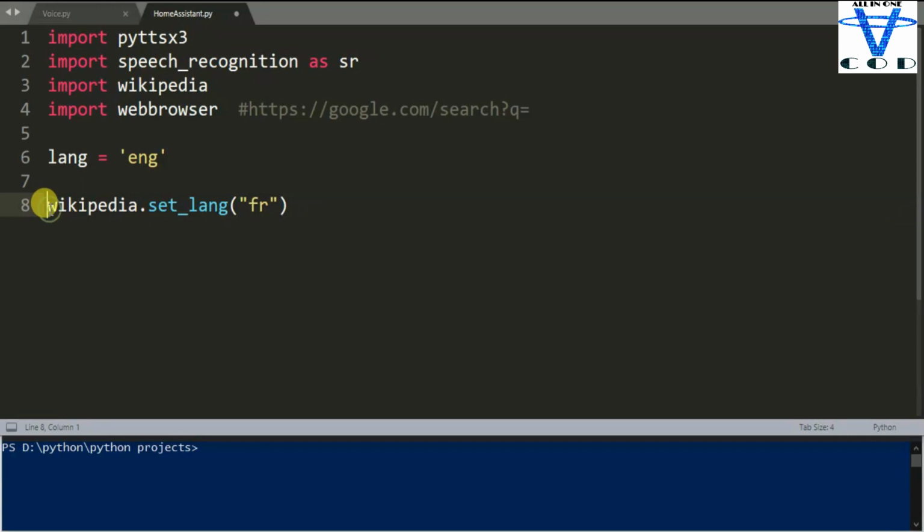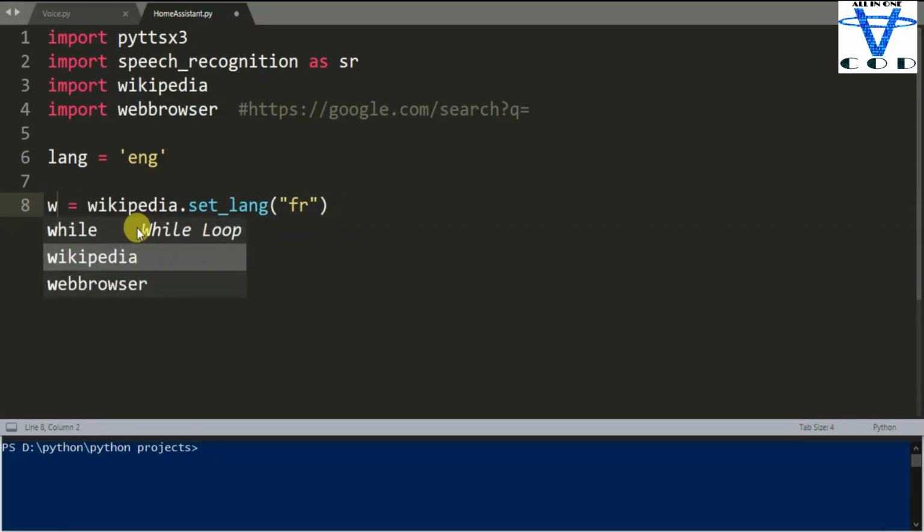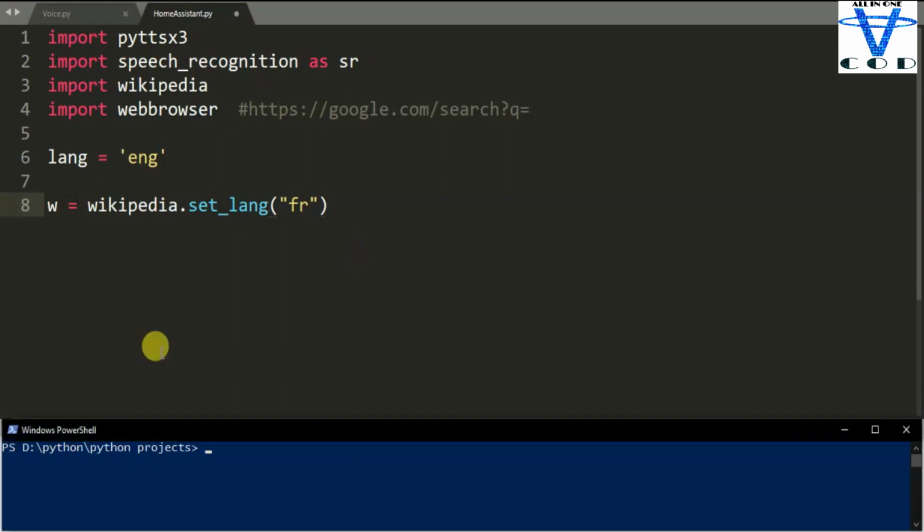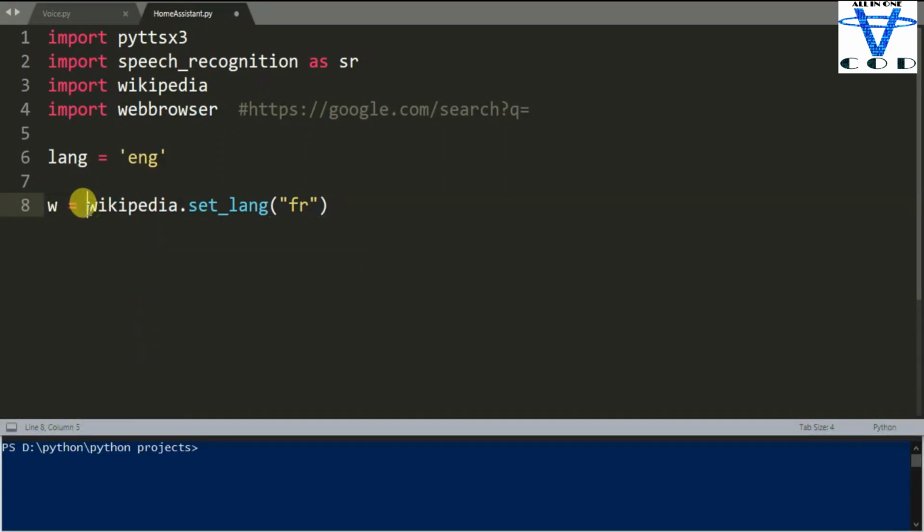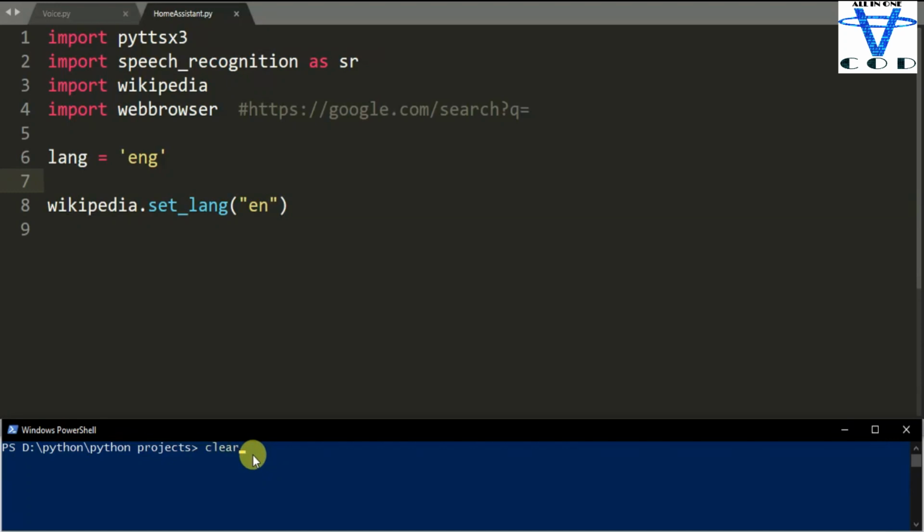So let's say W equals wikipedia.set_language. This is just an object. If you don't want to use that object, you can do it like this too. Now let's say language is EN. Let's save the program and run this with python Home Assistant.py. You can see our program runs successfully.